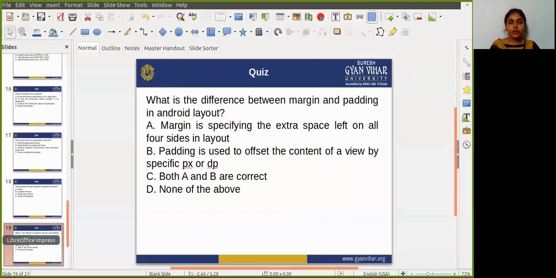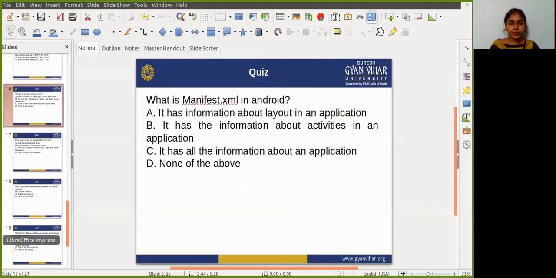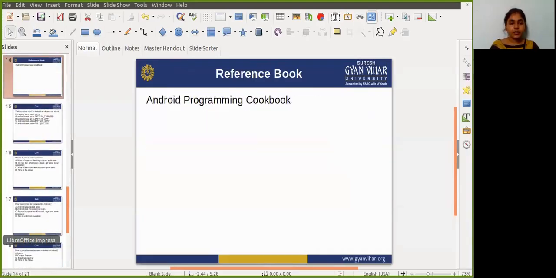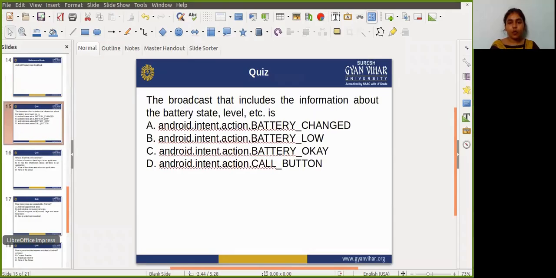So after that, guys, just understand this topic from the Android programming cookbook, and after that, here is some homework for you. Just understand this and tell me the answer.